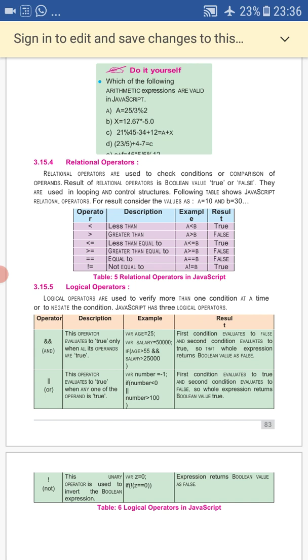The next category of operators is the increment and decrement operators. The increment and decrement operator is used to increment or decrement the value by 1 always. That is prefixed; you cannot change that value. So increment is used to increment the value by 1, whereas the decrement operator is used to decrement the value by 1.